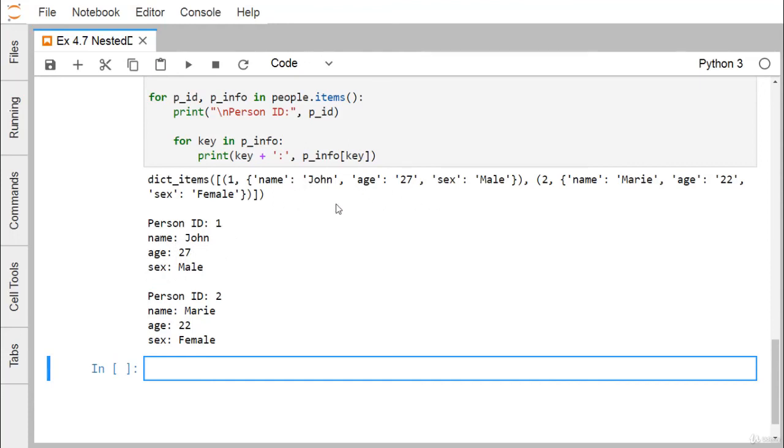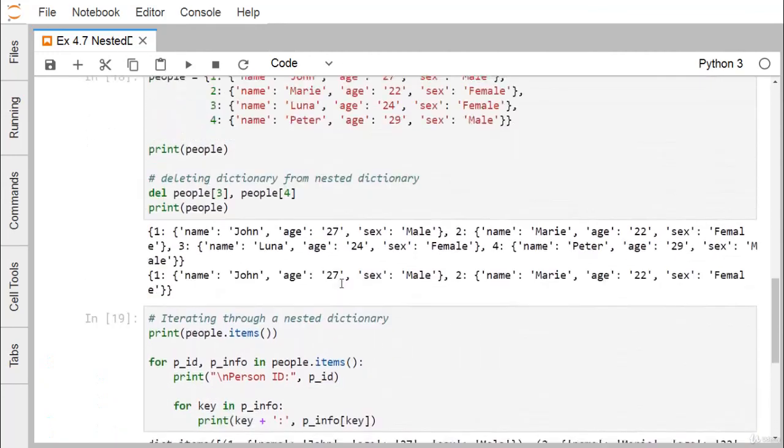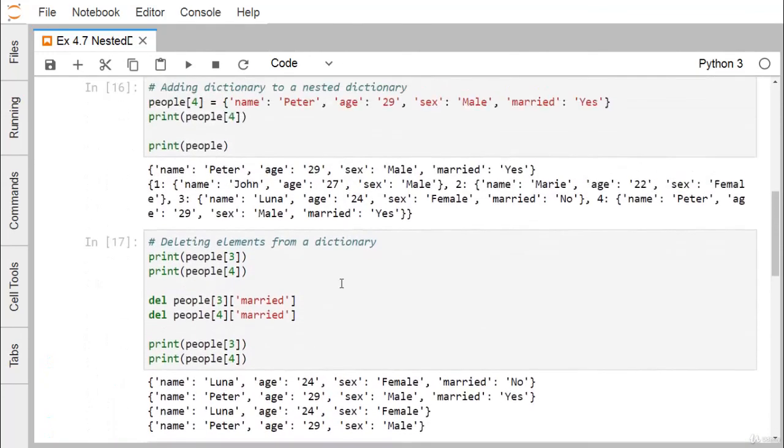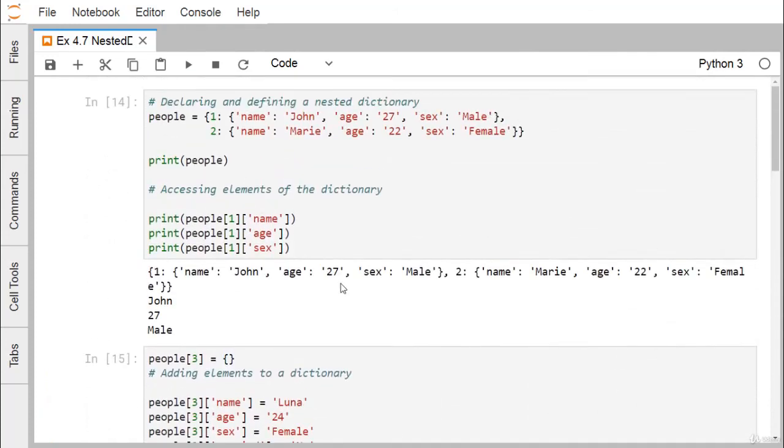We have this name, this age, this sex. The three values have been picked up against the respective three keys from the inner nested dictionary, and in the next iteration we retrieve the key value pairs accordingly in this nested for loop. So in this discussion, we have discussed how to handle nested dictionaries and how to tackle the key and value pairs according to our requirement.